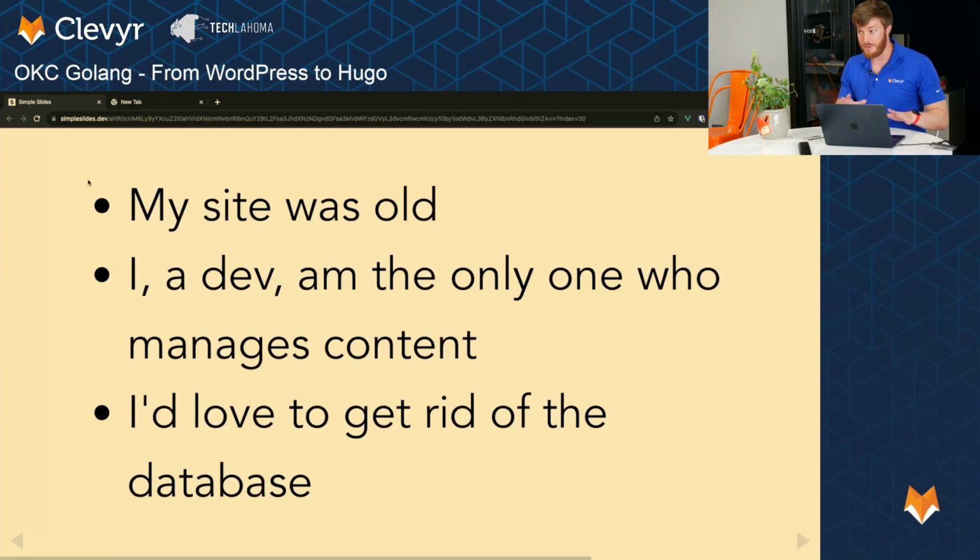Like I would just code the content myself if I really needed to change it. And last thing is I'd love to get rid of that database because it just takes up a lot of memory, a lot of resources,